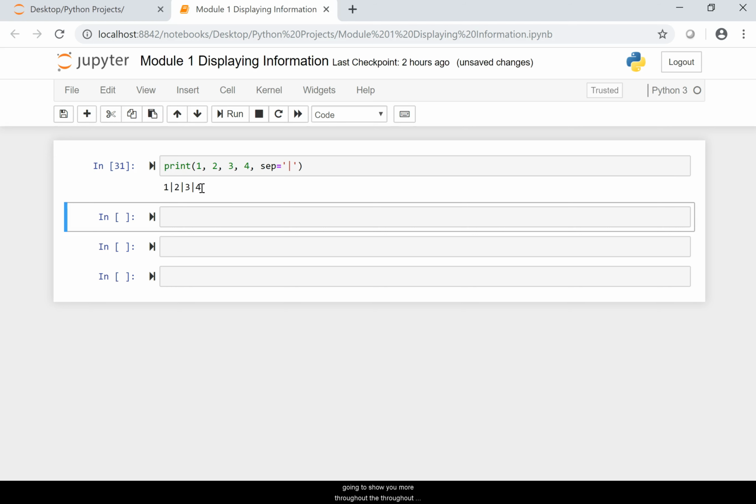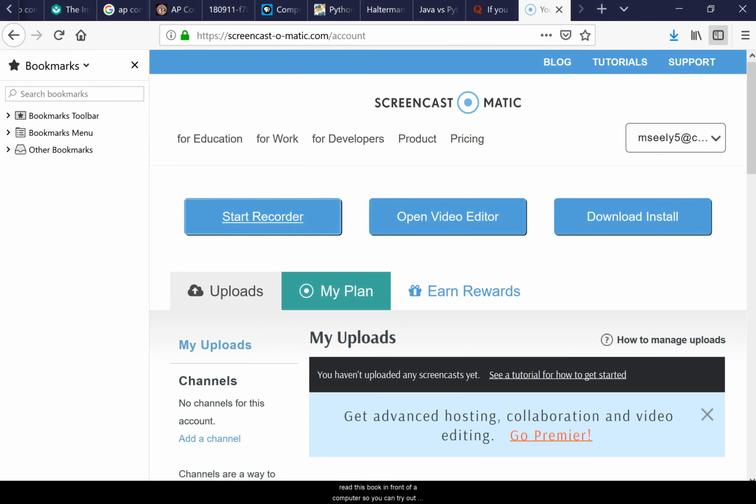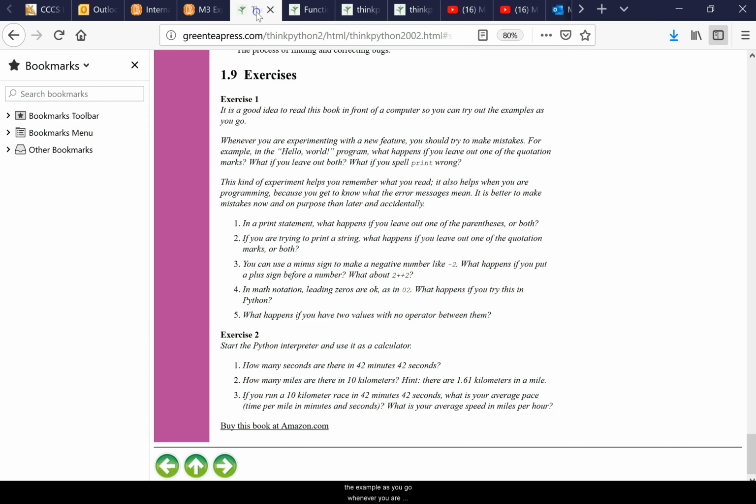Let's see here. What else might you need for this chapter? That's basically how you're going to print all your information up. I'm going to show you more throughout the book, but this is pretty good so far. So I think what we'll do,